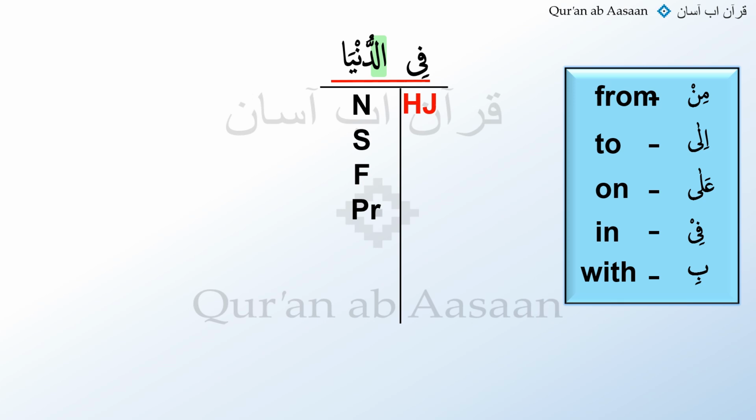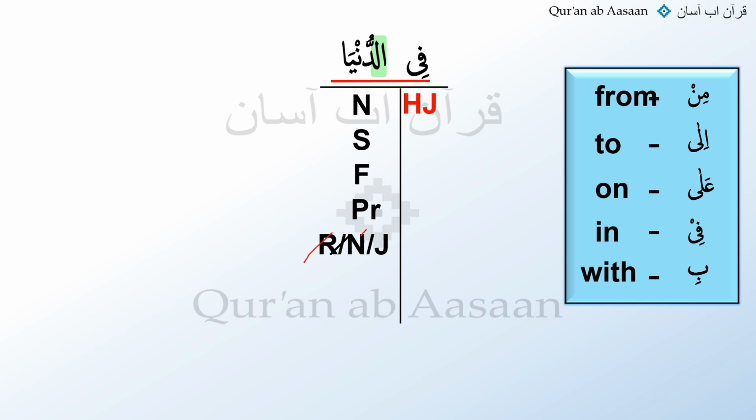Ad-dunya and Musa type words appear to be the same in all raf, nasb, and jar. So the case sign is raf, nasb, and jar. What are we going to cross here? Both raf and nasb. Good. It can only be in one case sign finally. And here, because we have a harf jar behind it, it can only be in jar. So raf and nasb would be crossed out. And the reason is,